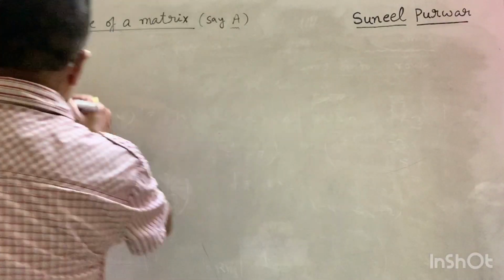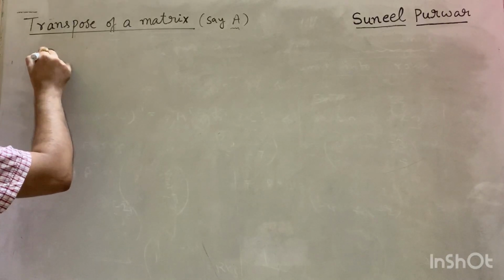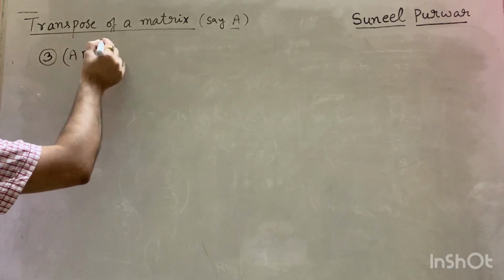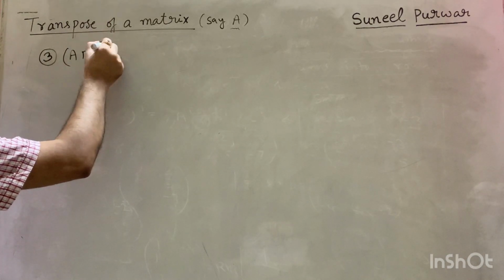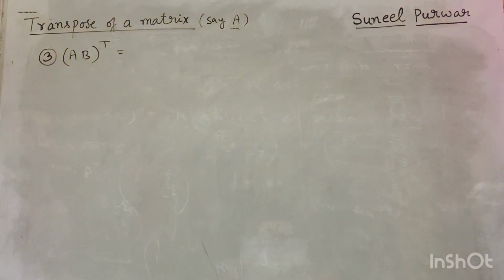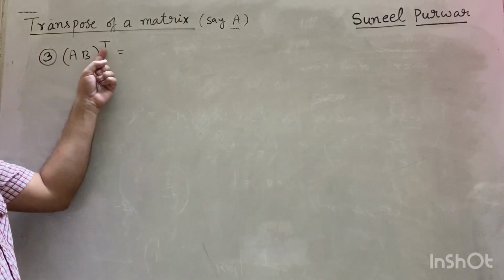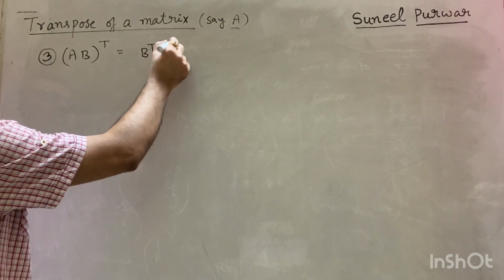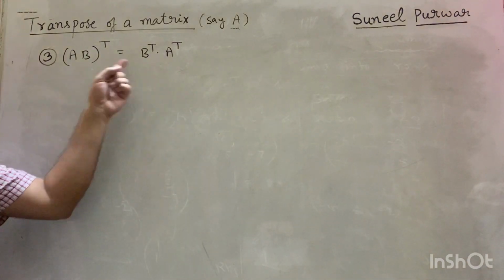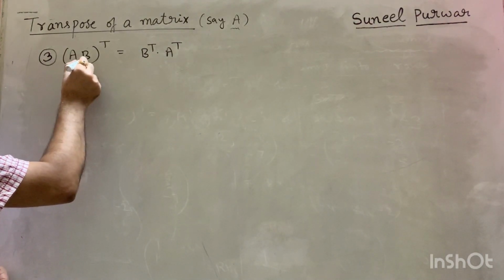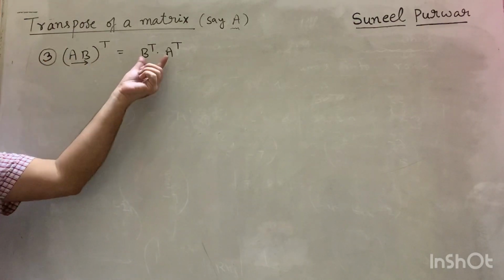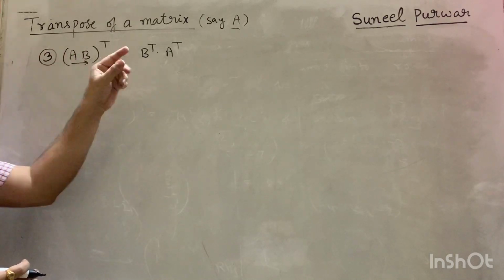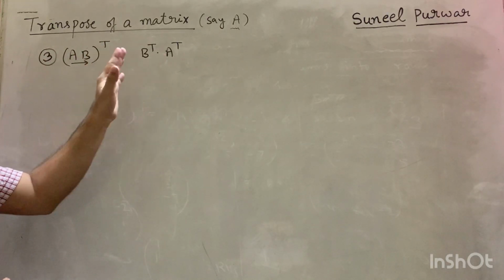So this is the next property dealing with the transpose of product of two matrices or more than two matrices. First of all, I am writing for two matrices. So property says transpose of the product AB is equal to B transpose into A transpose. So there is one significant thing here in the property. Actual order here is A then B, but on the RHS the order is reversed. Order AB is changed to what? First B then A. Okay, so this is a property here.